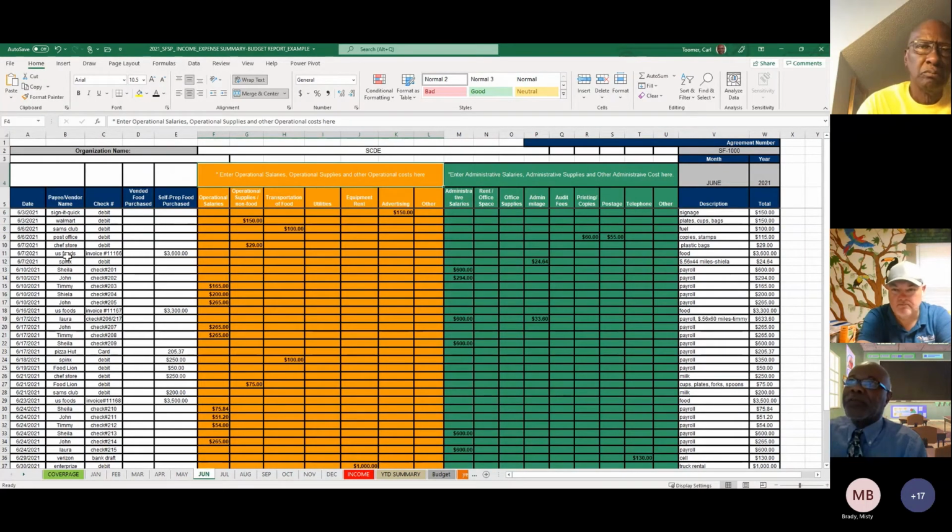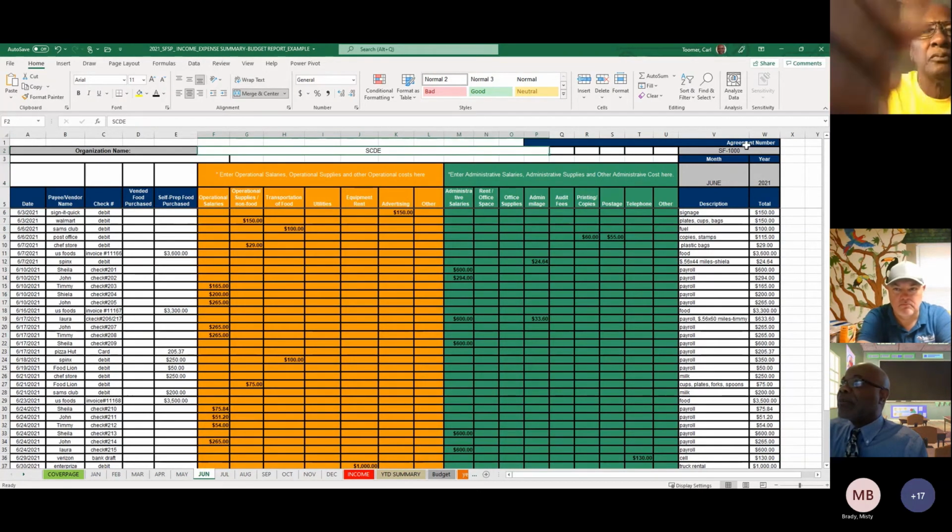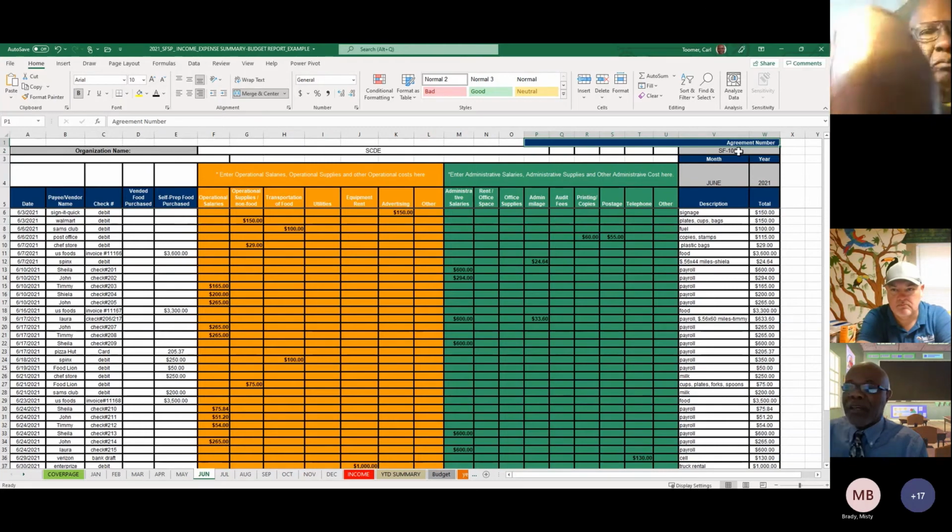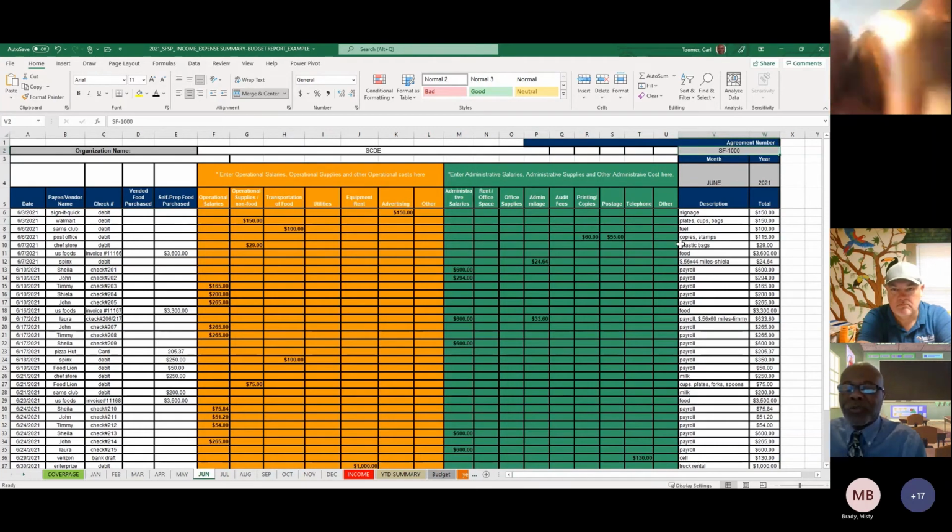Here we have our organization's name, our agreement number, and our FS number. And you want to put that on each and every one of your sheets that you use. If you're going to operate June, July, and August, you want to put it on each one of your sheets.